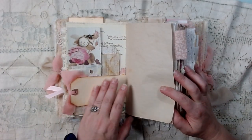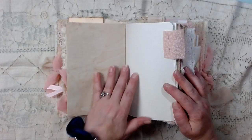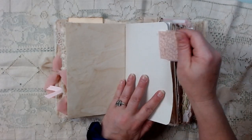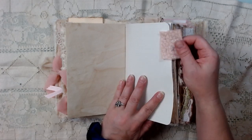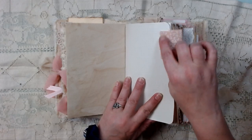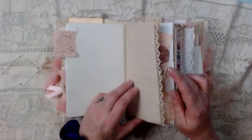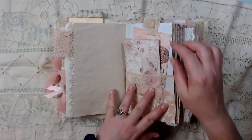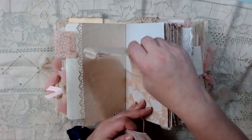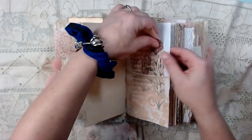Anyway, more tea-dyed paper, lots of writing room, some dot grid paper. Some of the fabrics that I used, I took and made into cloth tabs, and I used my tiny attacher to paper clip them in. Some more edging there. Here we have a tag made with the kit paper that's backed with tea-dyed paper, and I put a paper clip on it